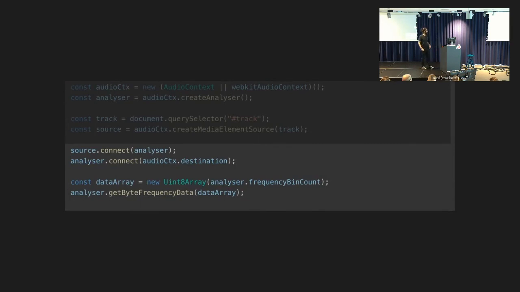And then here you connect the source with the analyzer, and you define a data array, and you plug that analyzer into the data array with the frequencies of the moment of the track. So you get an array of numbers which represents the frequency of that specific moment that the music track is playing. And with that,